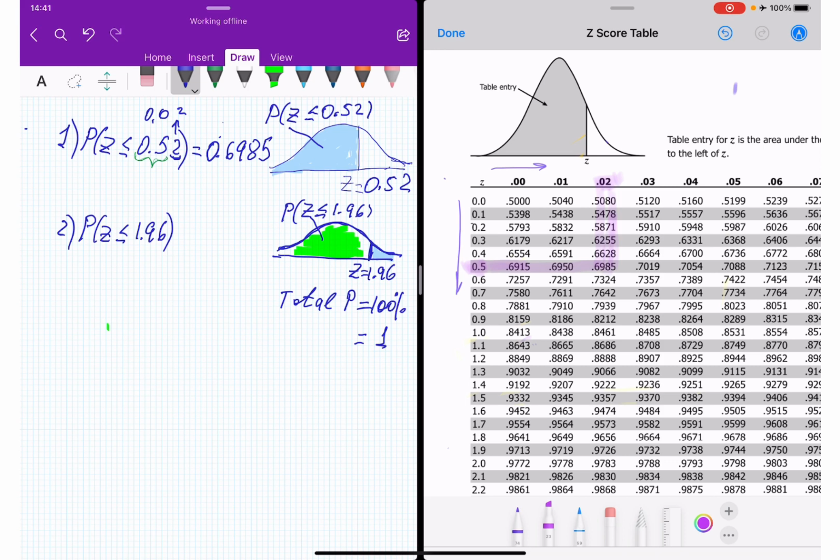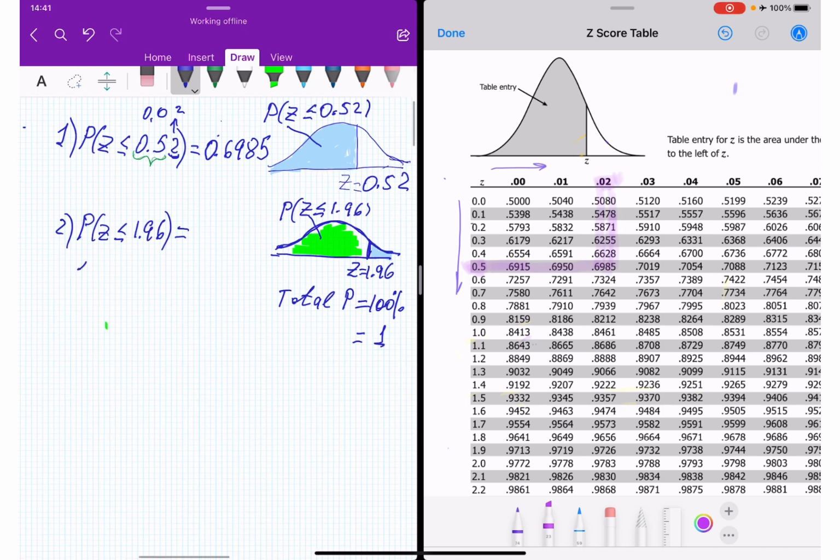So if I find the probability of z-score, the green area, to find the blue area, I have to take 1 minus the probability for z-score less than or equal to 1.96. Yes? Okay, because if the total is 1, there are two parts, green area and blue area. If we know the green area, we subtract it from 1, and we get the blue area, which is going to be our probability. Okay, let's go find